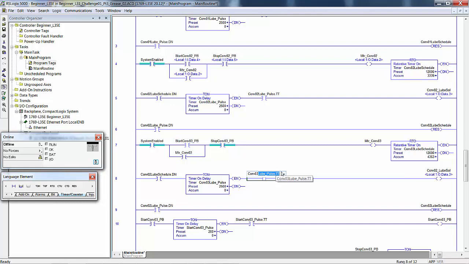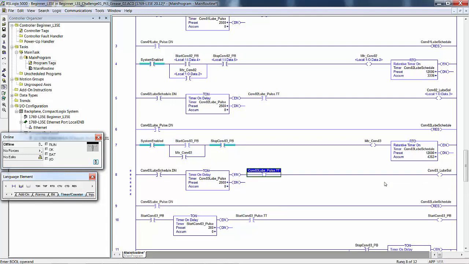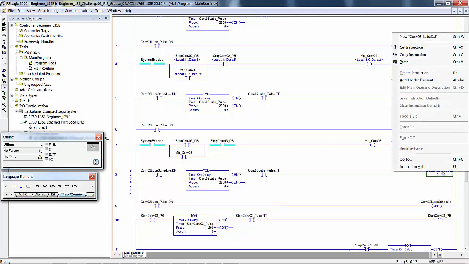See, when you see the reverse video like that, RSLogix 5000 is saying, yep, I've got a tag by that name. So here we change the 2 to a 3. Immediately you see the reverse video. That means it's good. And then this would be conveyor 3 loop solenoid, which of course is a new tag,